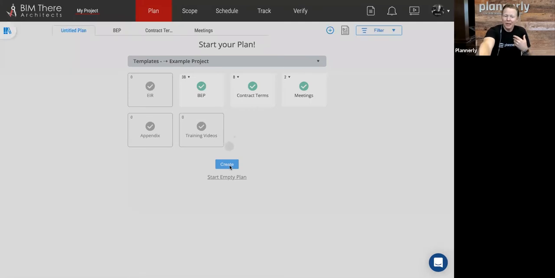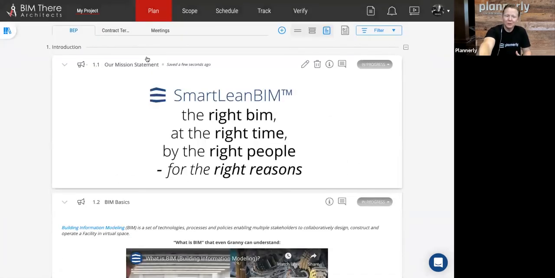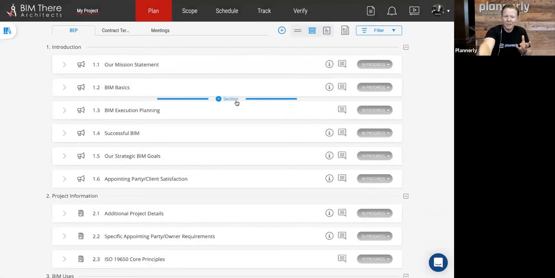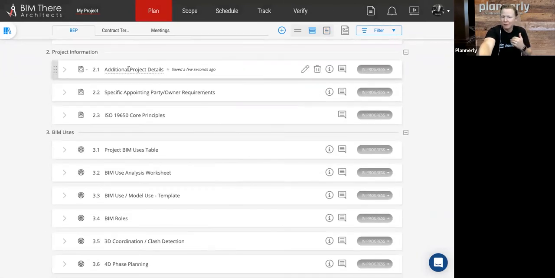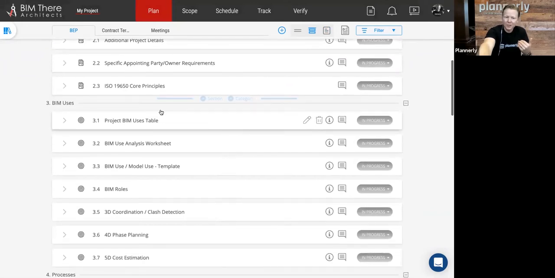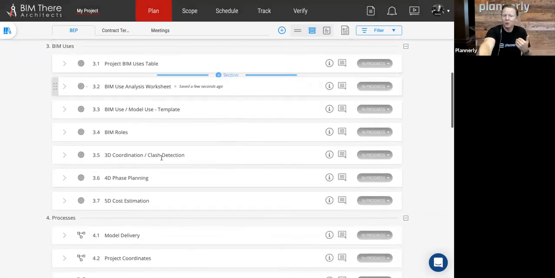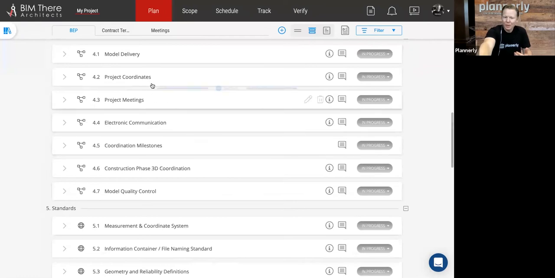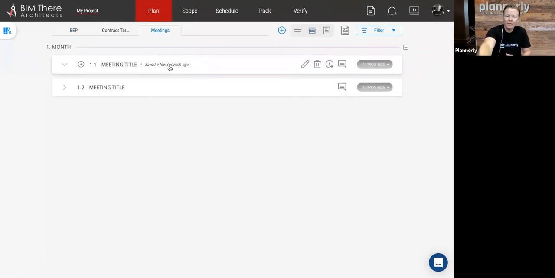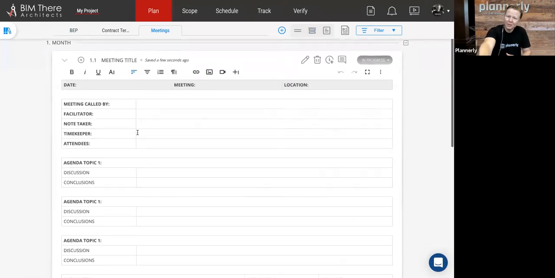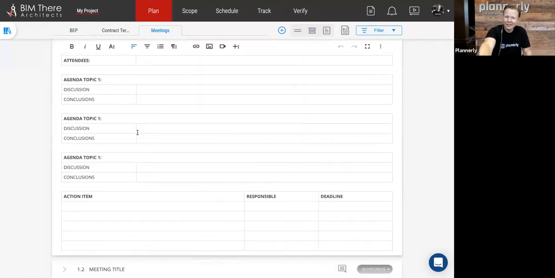And then simply by hitting create, in a couple of button clicks, we've now got our full BIM execution plan, with everything from the details and the ISO principles that we're following, all of the uses, how we're going to run meetings, even down to another tab for our meeting minutes to be collected. So really a lot easier to get started.